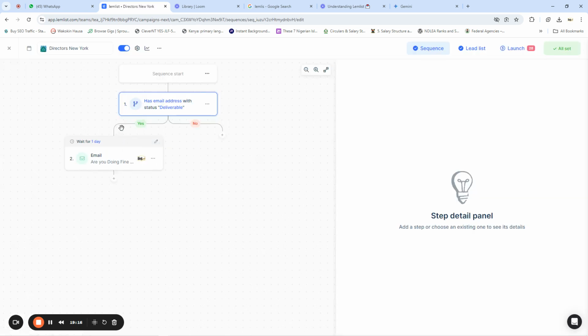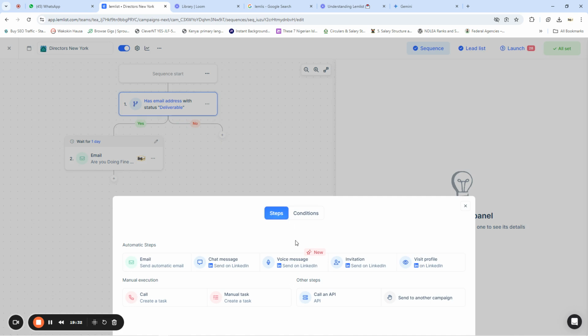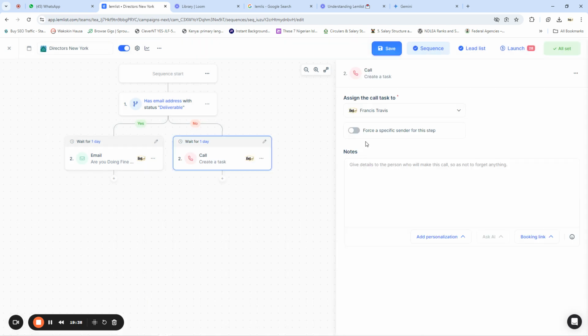So now, because that campaign has been sent, you want to also add other things here, because this is just more like a rule. Now this is for when these people have an email and the email is deliverable. Then what if the email is not deliverable? You also want to specify what happens here. And so if the email is not deliverable, maybe you want to say okay, call. So you want to put a note here that anybody that is managing this can actually understand what you want them to do. So you can say, okay,